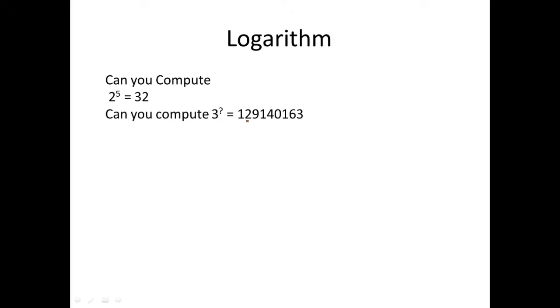By this time you might have realized computing this is not as easy as computing this. When you know the exponent, it's always easy to compute the result, but to compute the exponent from the result is not an easy job. Consider that these two numbers are very large numbers, say 2000-bit numbers. Then computing the exponent is not an easy task. So we're going to use this as an advantage in cryptography.